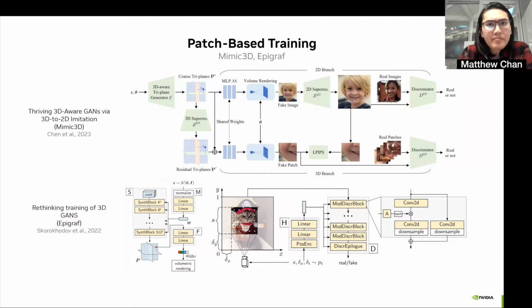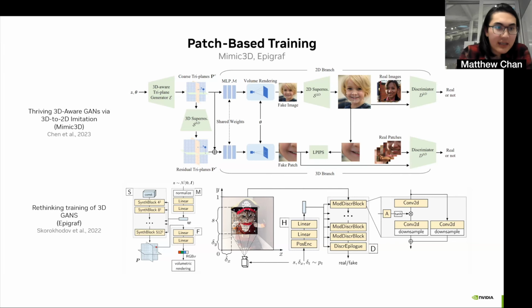So there are a handful of other approaches in recent years that look to address the same issues that we addressed in different ways. For instance, rather than rendering a low resolution image and applying super resolution, a possible solution is instead to render a small patch of the image at full resolution.